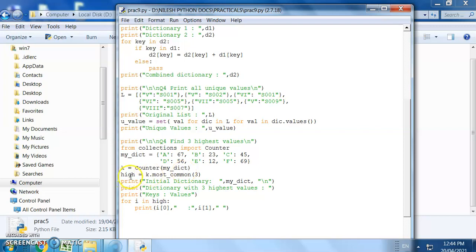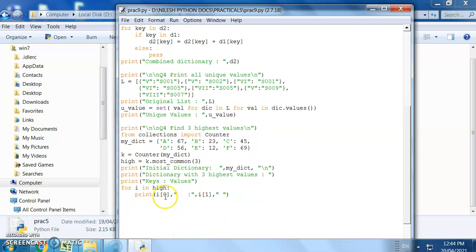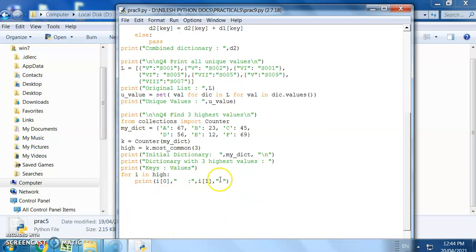If the count is high, it is going to be collected, and after that we are printing our first initial dictionary, then the 3 highest values. After that it's going to show you the keys and values in pairs. So like this it's going to show you the result. So we'll see what kind of result it's going to display.